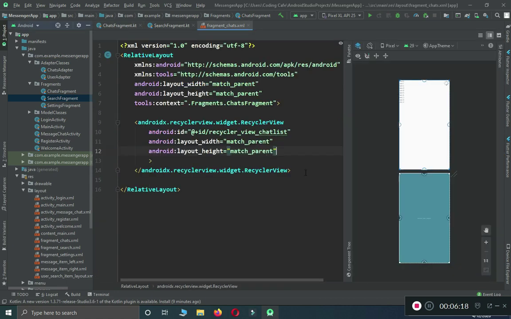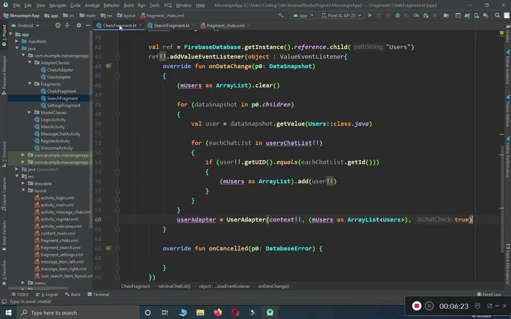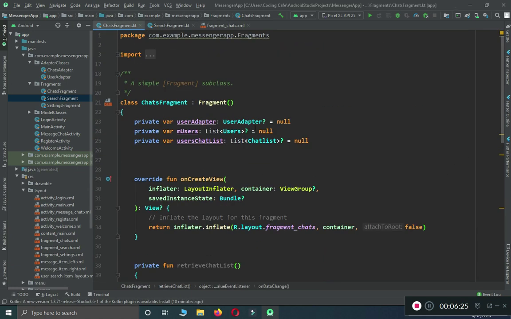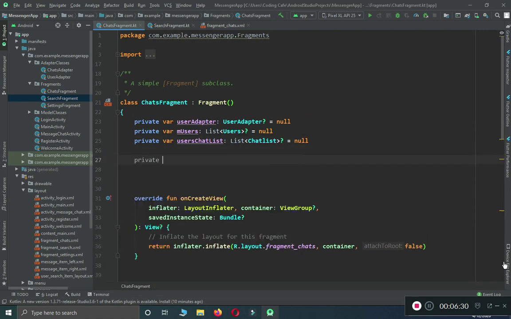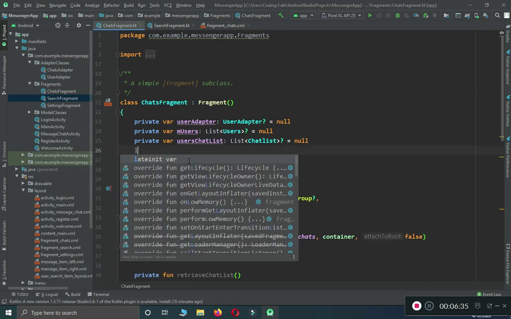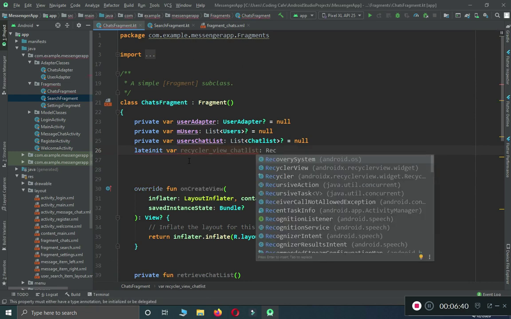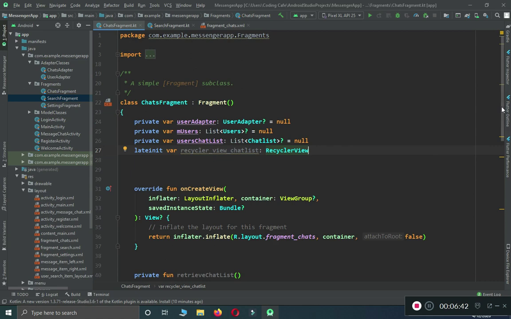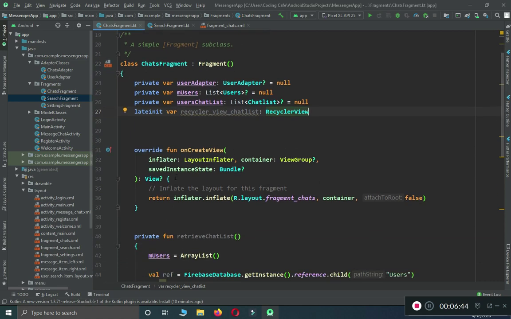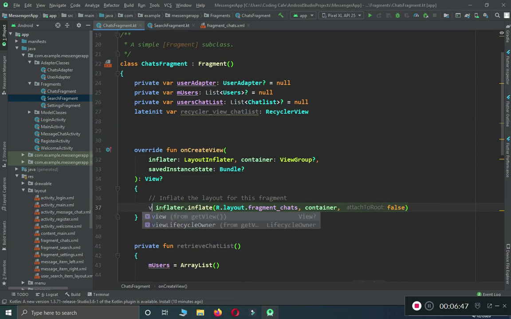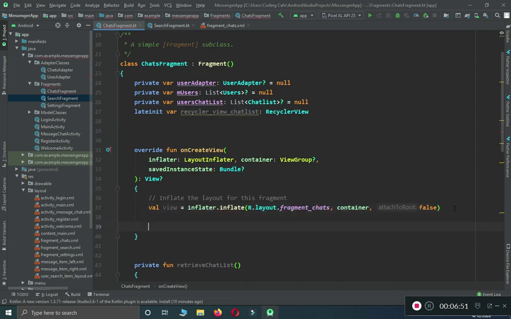So let's just quickly add our recycler view. So copy it, come back here to the chats fragment, and here we can add this. So we can say that private, okay, not private, let init variable which is of type recycler view, and then in here in our on create view, to this return the view,